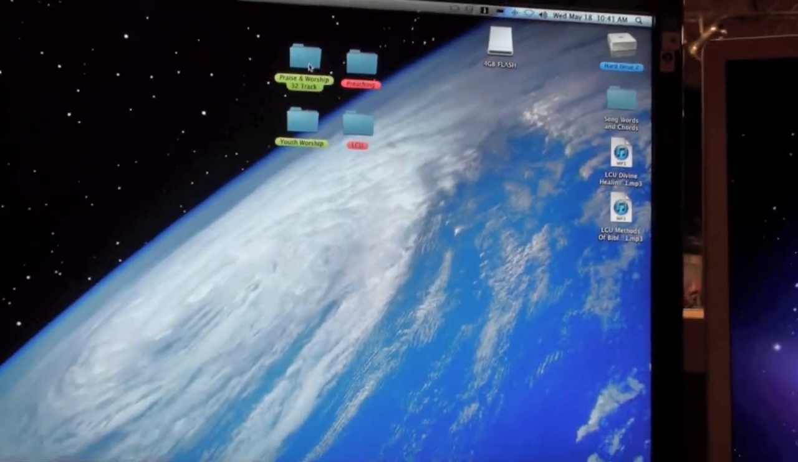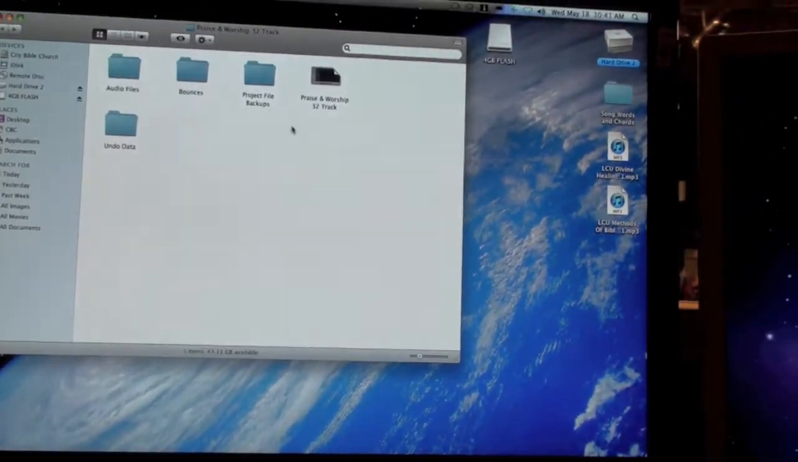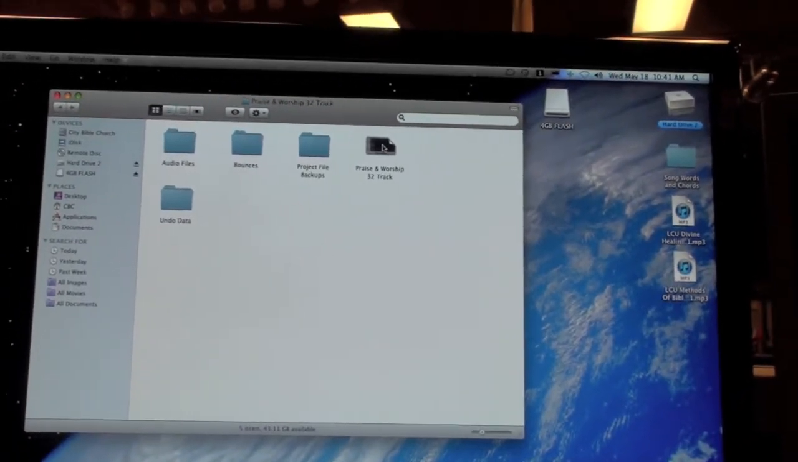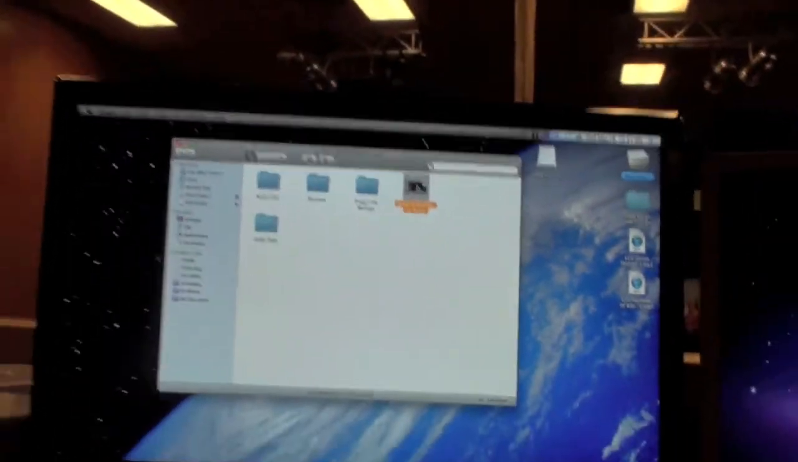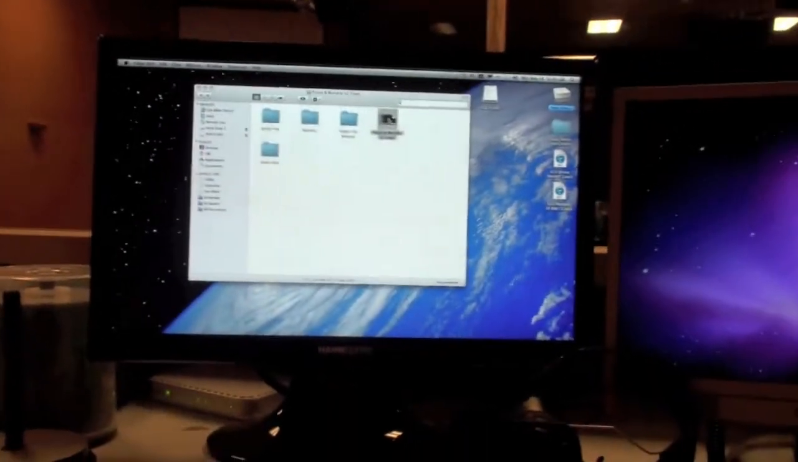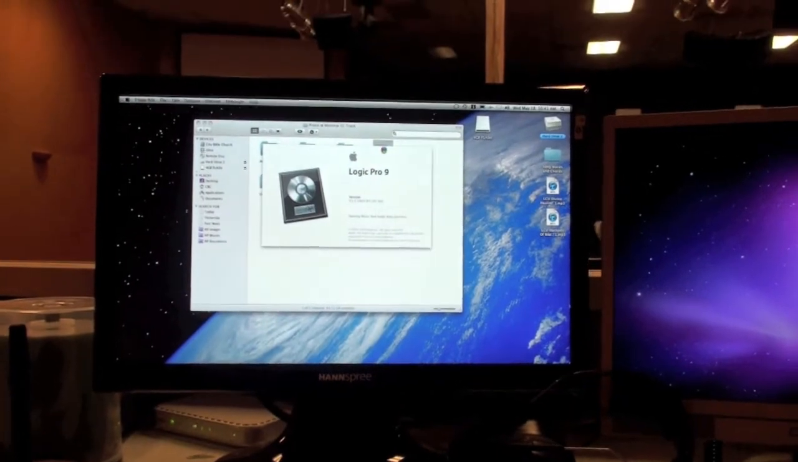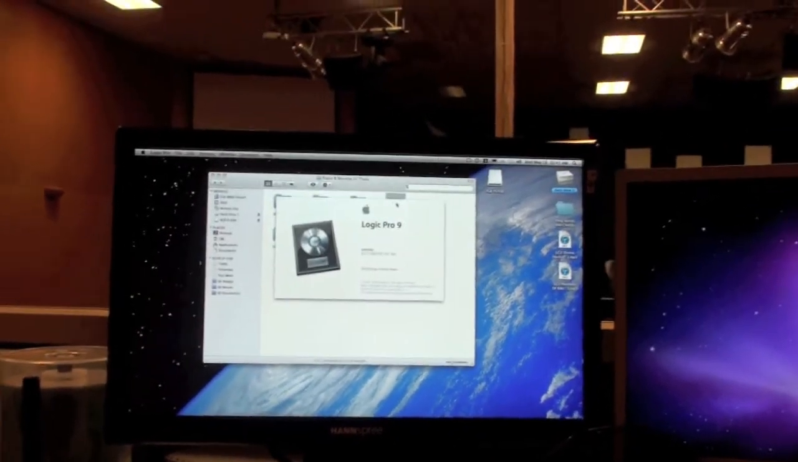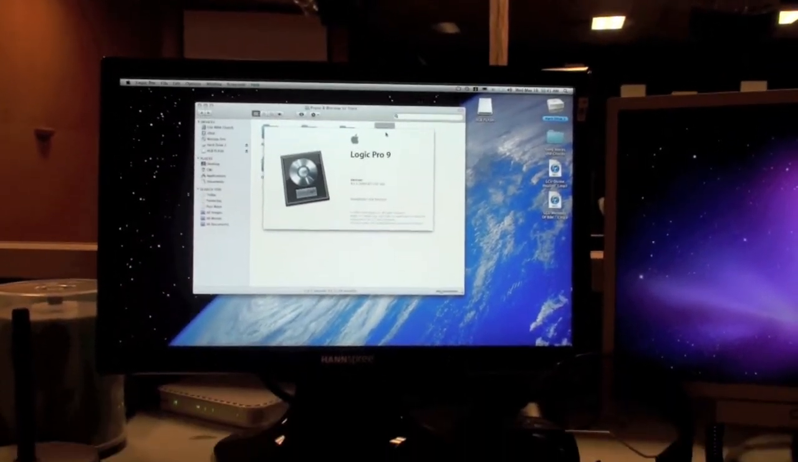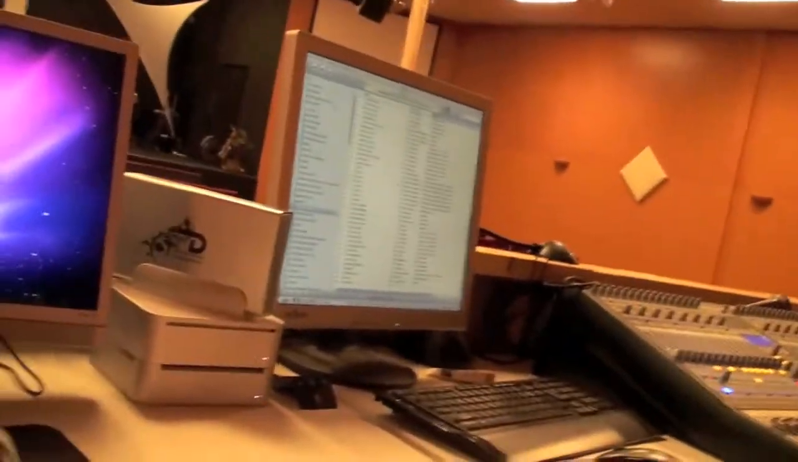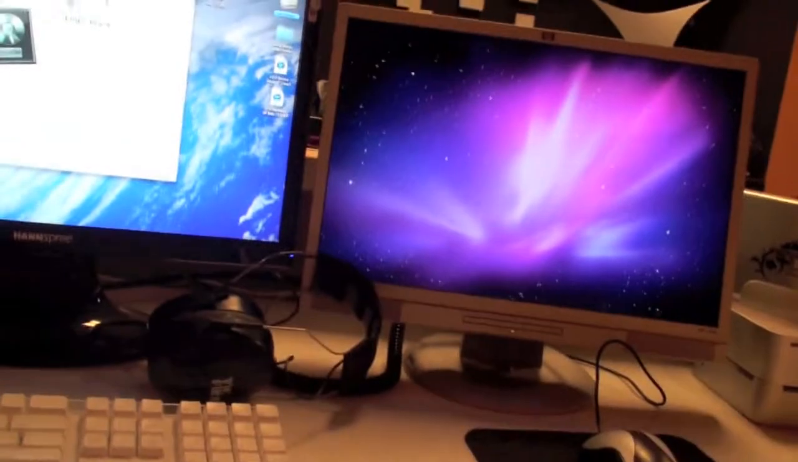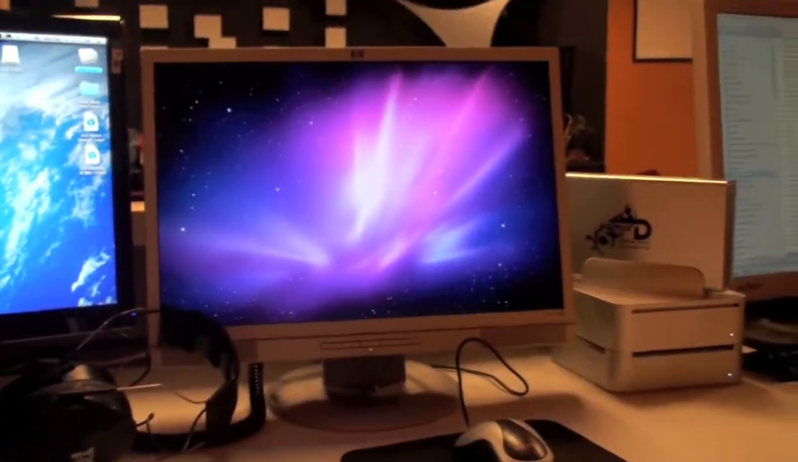Anyway, let me open up Praise and Worship 32 track, which is a project that we created inside of Logic Studio. We're just comfortable with Logic Studio. It's Logic Pro 9. We're comfortable with it. We made an album with it via this soundboard, connected to a MacBook Pro. We didn't have this set up back then, but